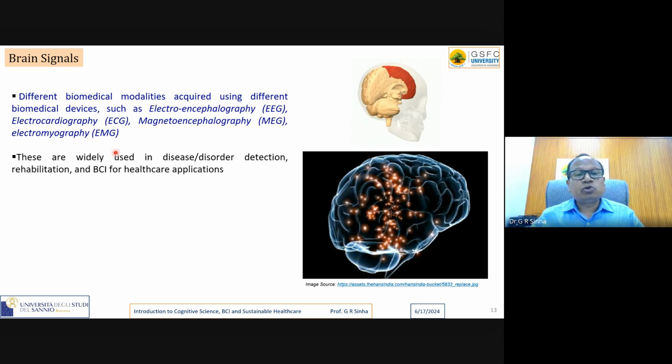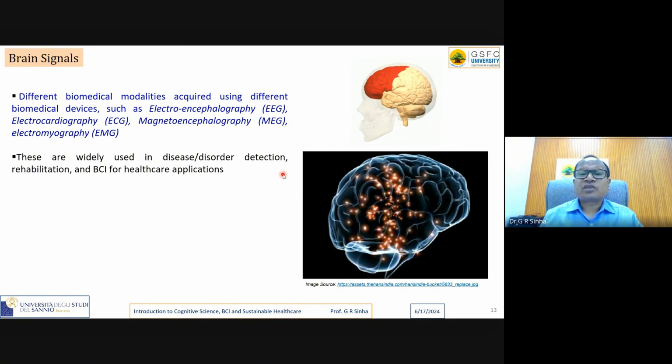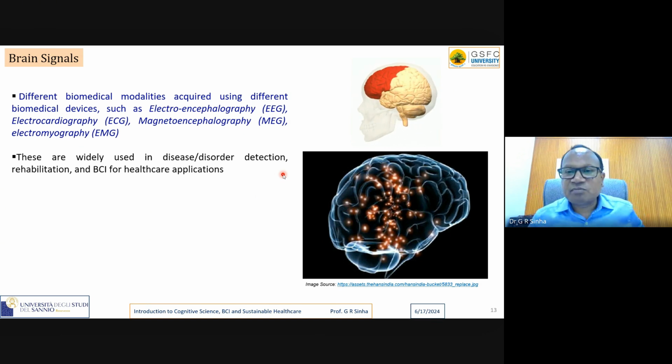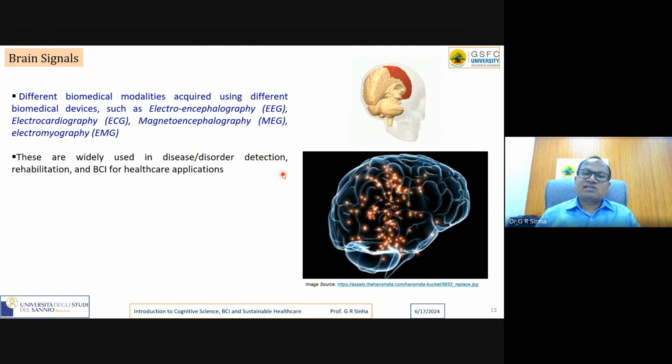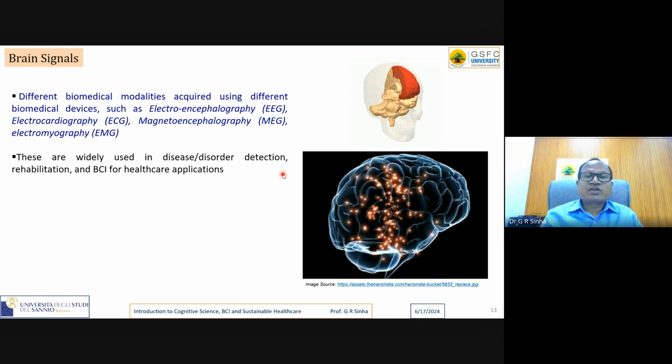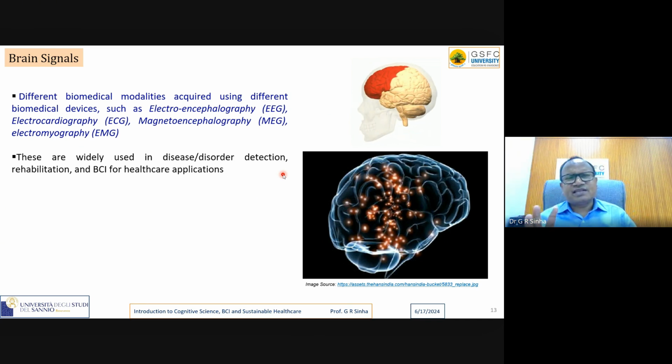So these are widely used in disease and disorder detection, where these signals are used to detect the disorder. Any disorder in the brain, any disability in the brain, for rehabilitation purposes, and BCI applications for healthcare related usages. What is rehabilitation? You might be thinking, what is this rehabilitation? A detailed discussion about rehabilitation will probably come in the third lecture, third day. Rehabilitation is, say,